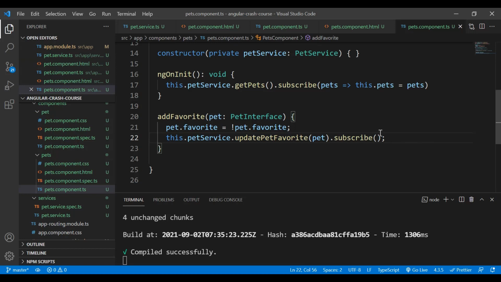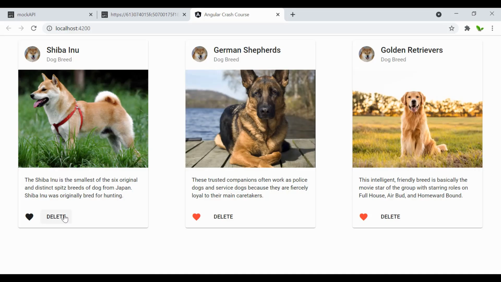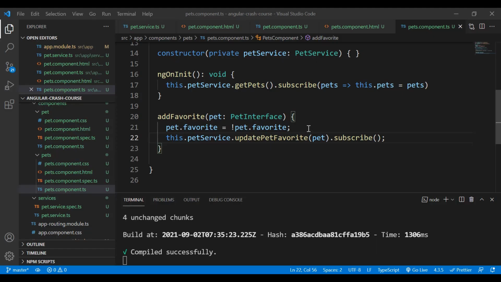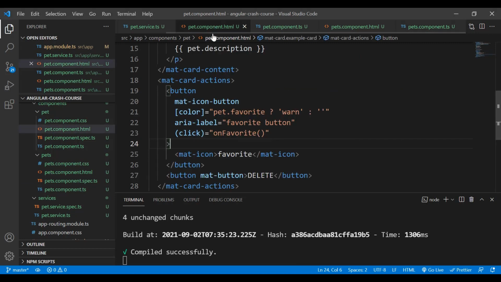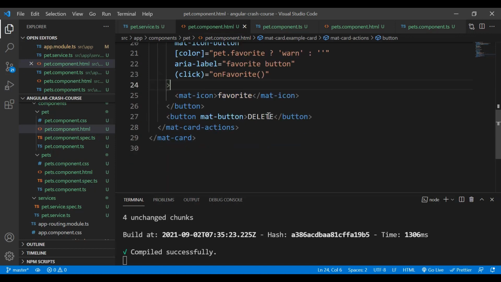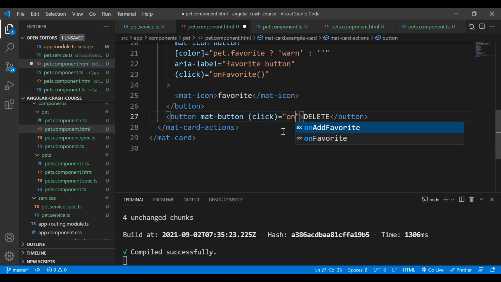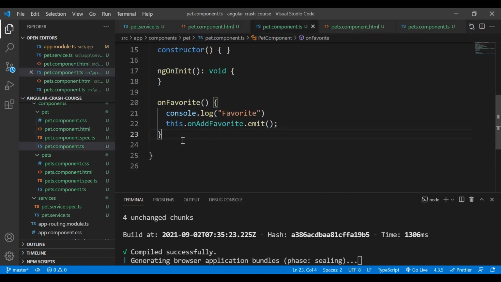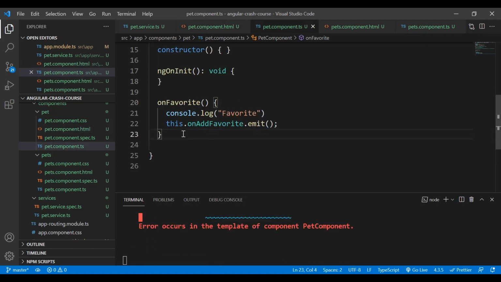Next I want to show you is to work on the delete button. To work on the delete button, it is quite similar to the favorite. So first we start with this pad.component.html, and this is the delete. So now we can just start using the click event. So this will be click equal to on delete, right? So save that, and we need to create the function right here. So this will be on delete,